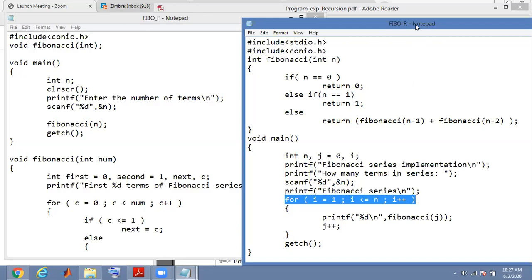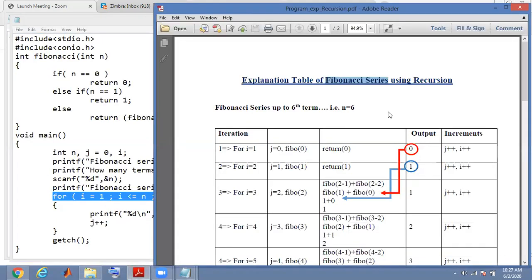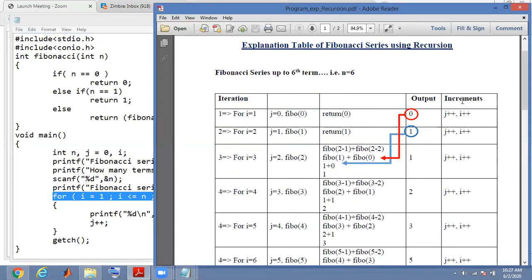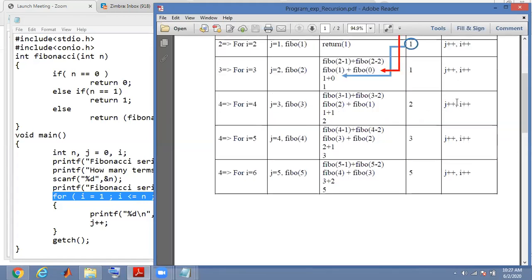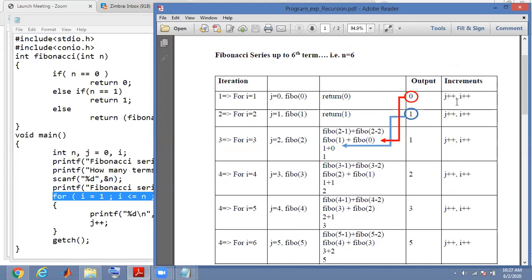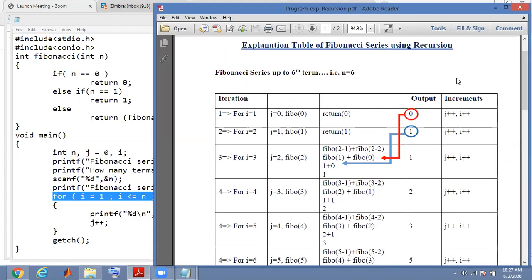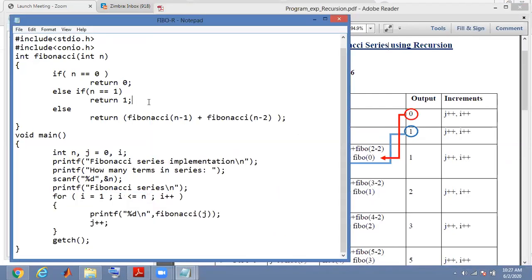So to explain this program, I will use an explanation table. This is the explanation table of Fibonacci series using recursion. So let's start with what the program is doing.